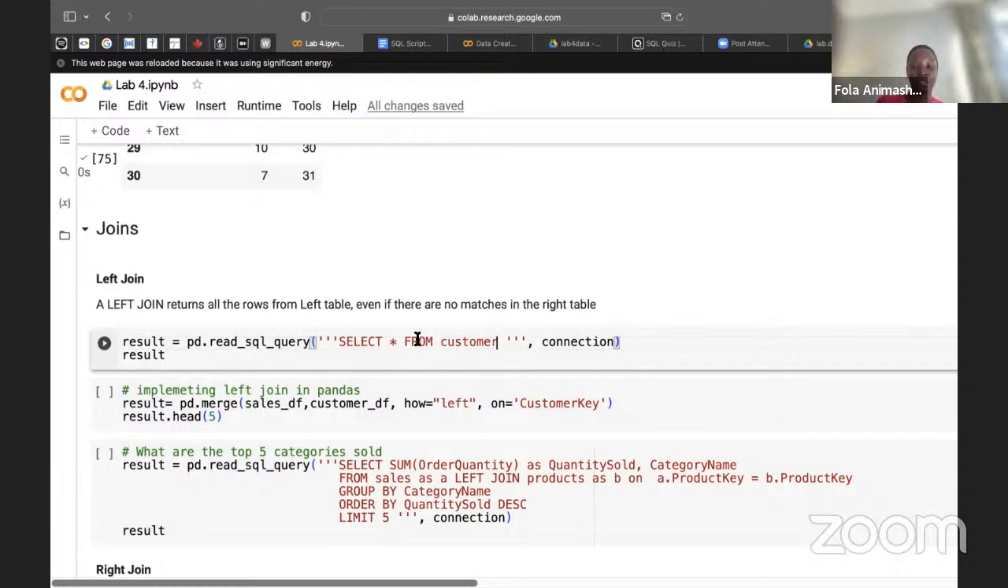So the customer table is the main table. Being left means your actual visual left, and right is your visual right, like your actual right hand side. So select star from customer. When you do a select star and you are joining two tables, it's going to bring all the columns on both tables, unless you specify the columns that you want. So I'm going to say left join sales